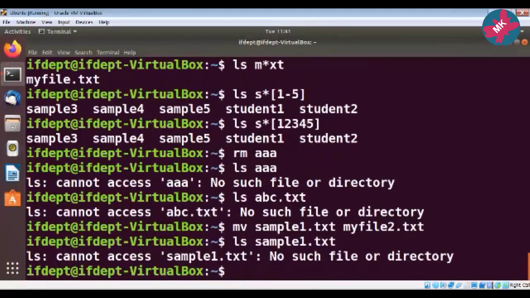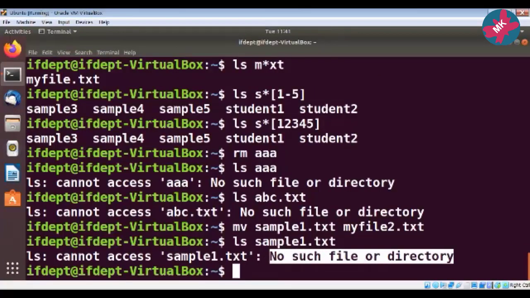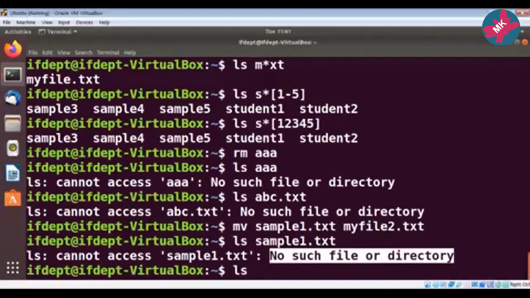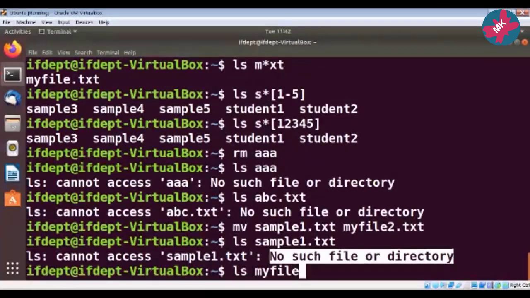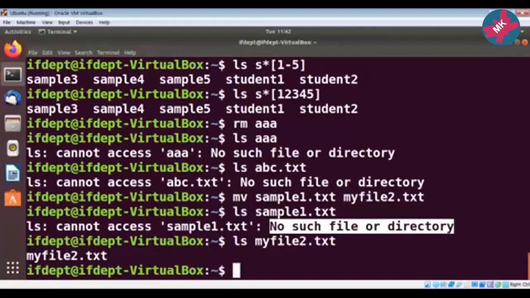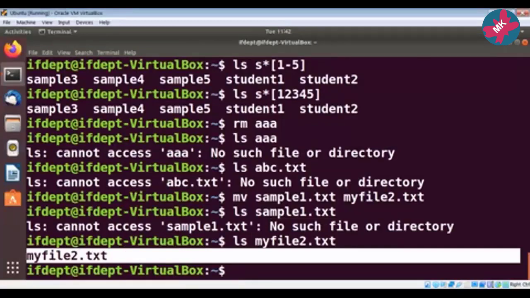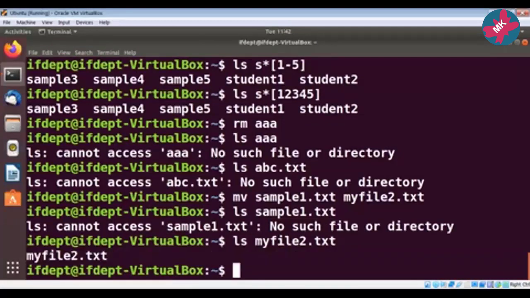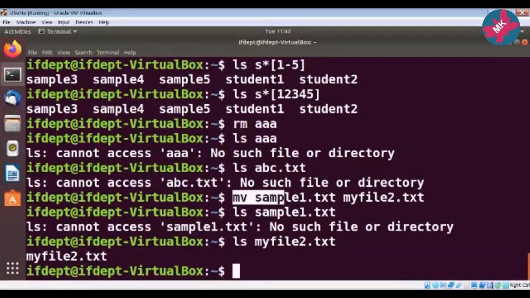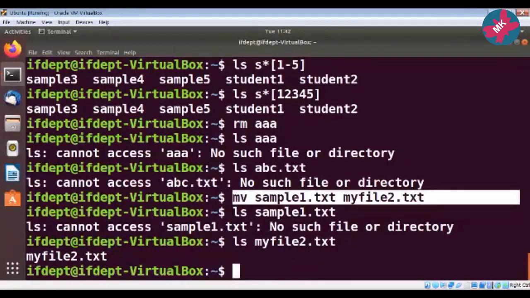Here it tells me no such file or directory. But if we search for myfile2.txt, it tells me this file exists. So what has happened? My file has been successfully renamed. This is the use of the mv command.